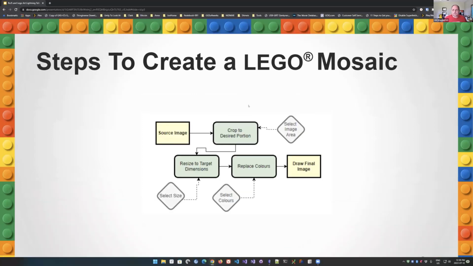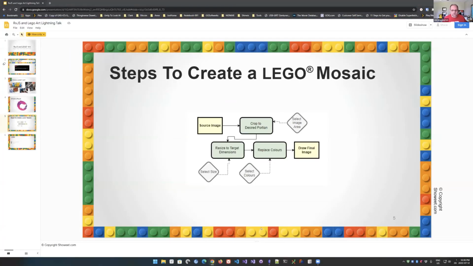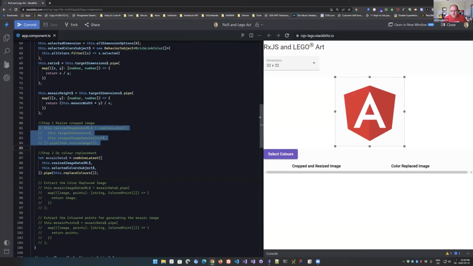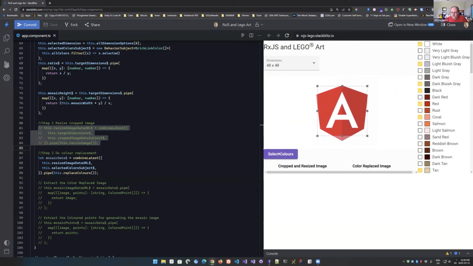So then, if I flip over to here. I've just built a simple little app here and set up some observables. I'm using a component that allows you to choose your cropping. I've got a way of choosing different sizes, how many studs by how many studs, choosing which colors you have.